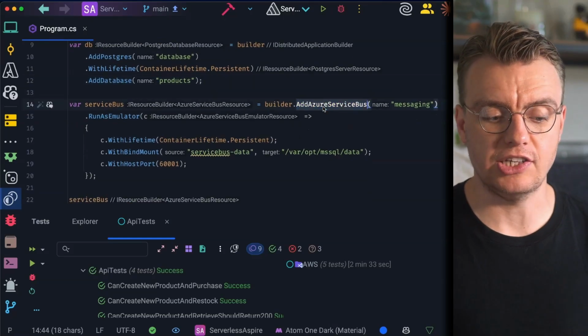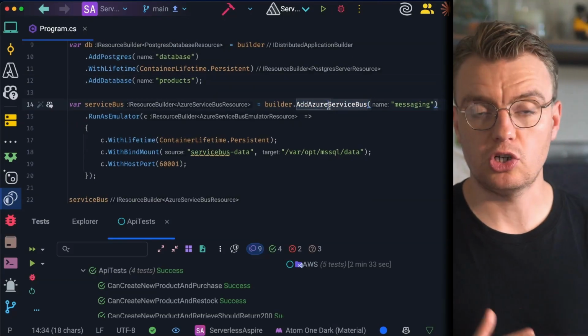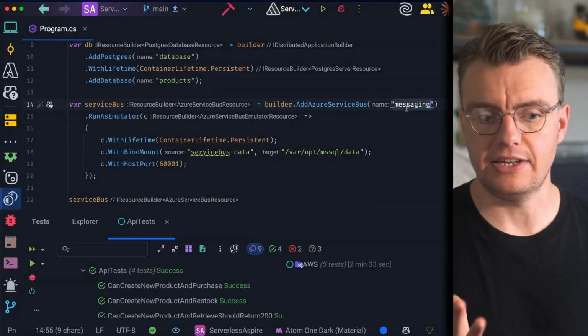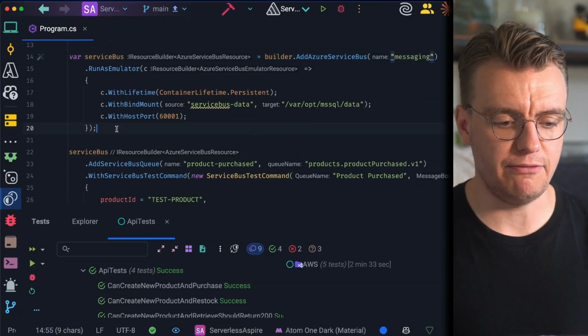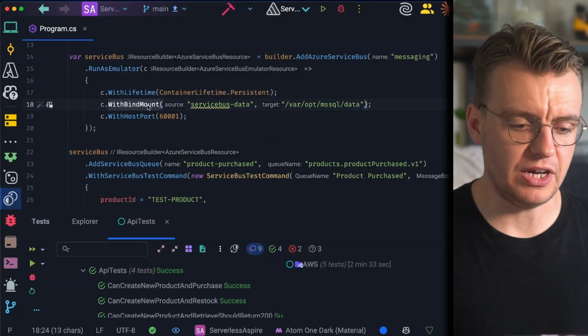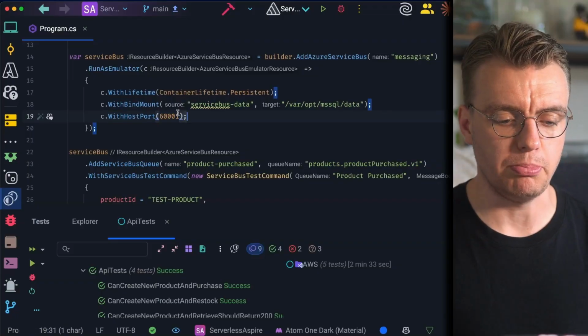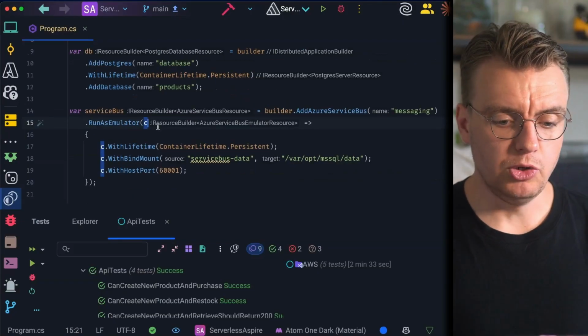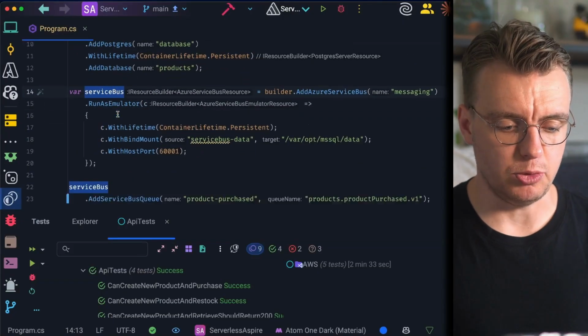You've then got this additional add service bus extension method. So I'm going to call add service bus, I'm going to give that the name messaging, and then I'm passing in a few properties here to make this container persistent, bind to a local file system, and then run things on port 6001. And once you've got Service Bus running, you've got this Azure Service Bus resource,